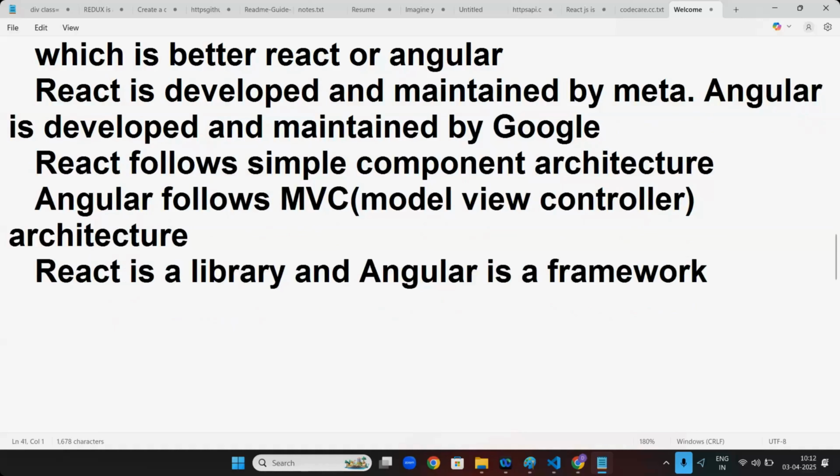Why? Because Java uses classes. If you know Java, everywhere you will use class, class, class. Angular also uses classes everywhere, so people will find it easy.